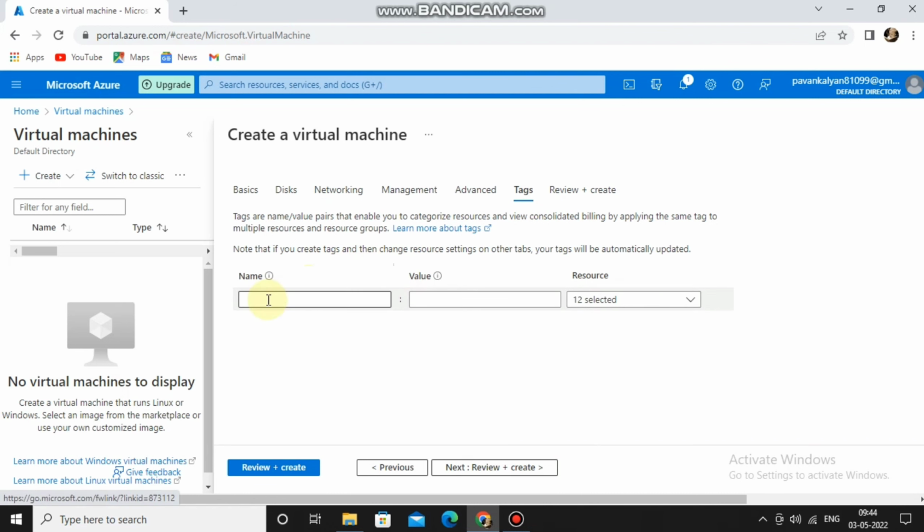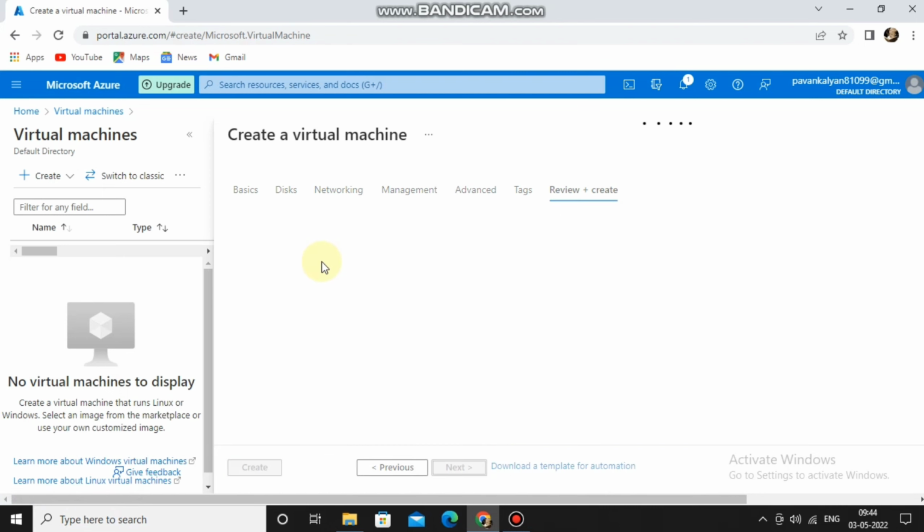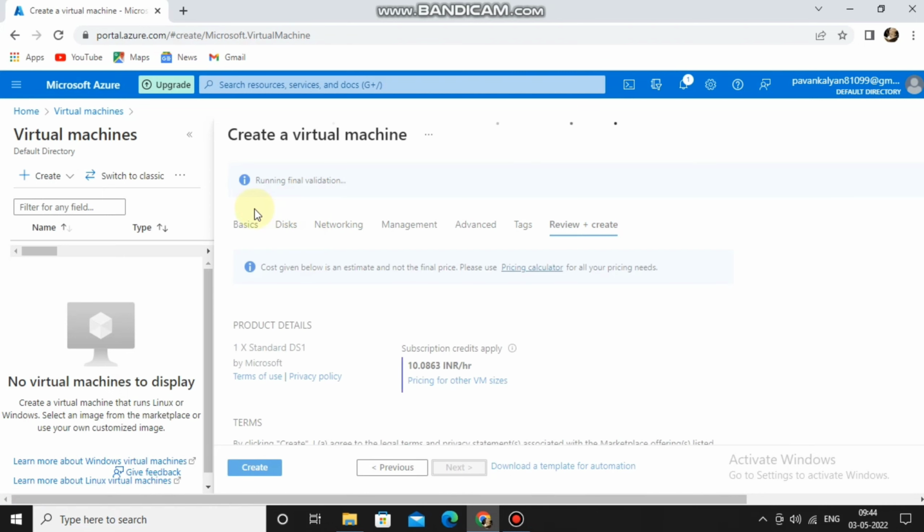In the advanced tab, there is no need to check anything, you can keep it as it is. Finally we can go to tags. As I told earlier in the app service video, it is not mandatory, so we can skip this, and we can go to review and create. So it is checking for the final validation. Once the validation passes, it will allow us to create that